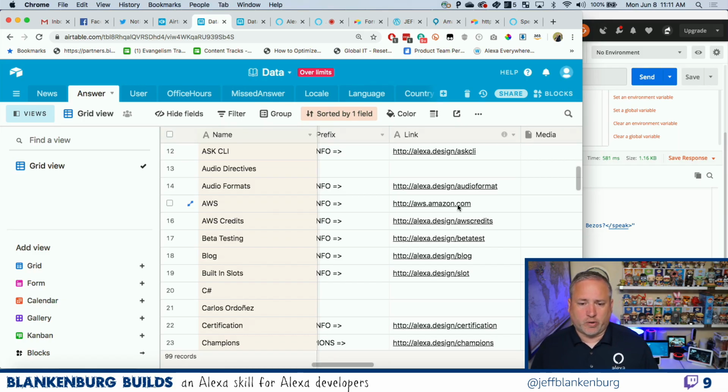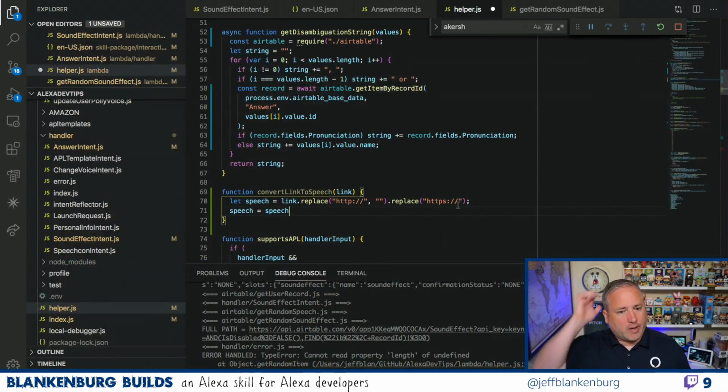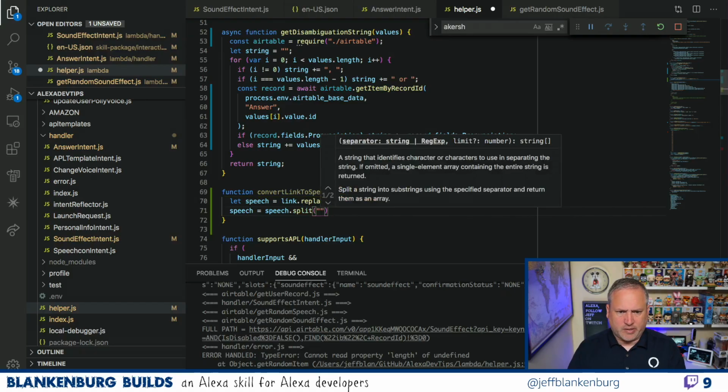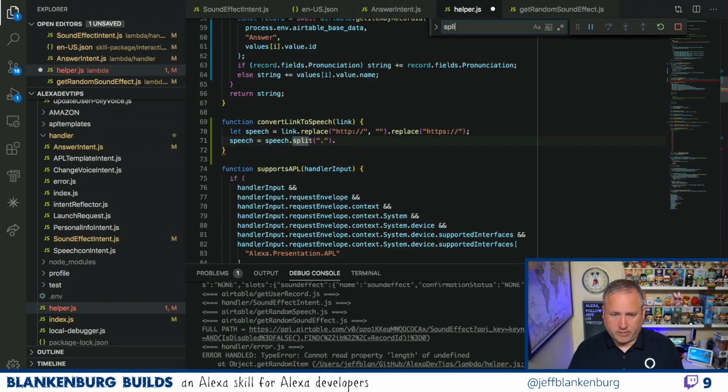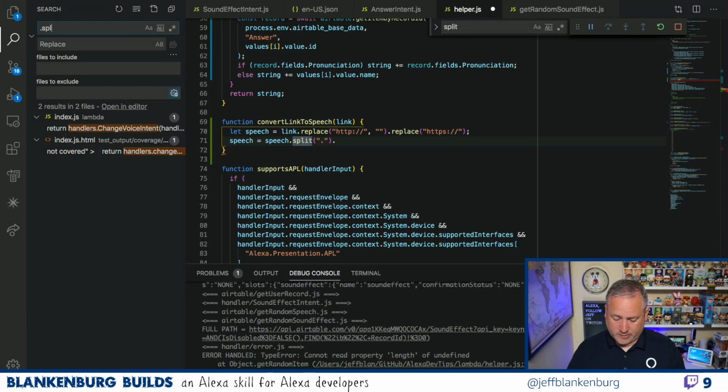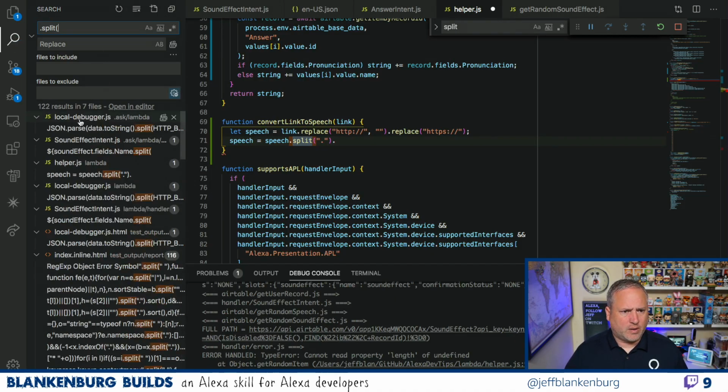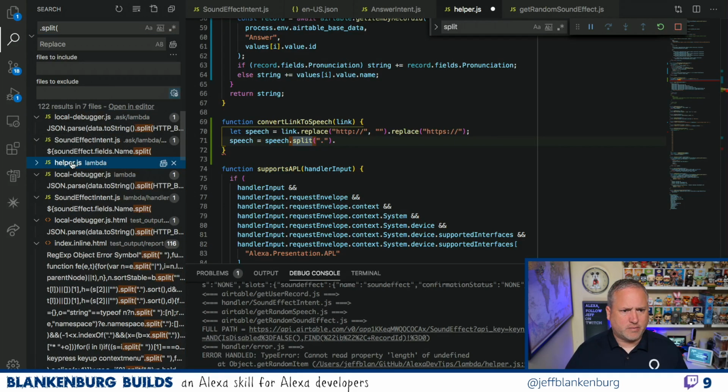And so for those, what we're going to do is a really clever trick using arrays to get in and out and fix this. So we're going to say speech.split, and I'm going to split it on dots. Then, is it, no, I can't remember. Let's see where else I've done this, because I've definitely done this before. Split. Did I do it in this doc even? No. So let's go here and say dot split. I've done this a couple of places. Sound effect intent.